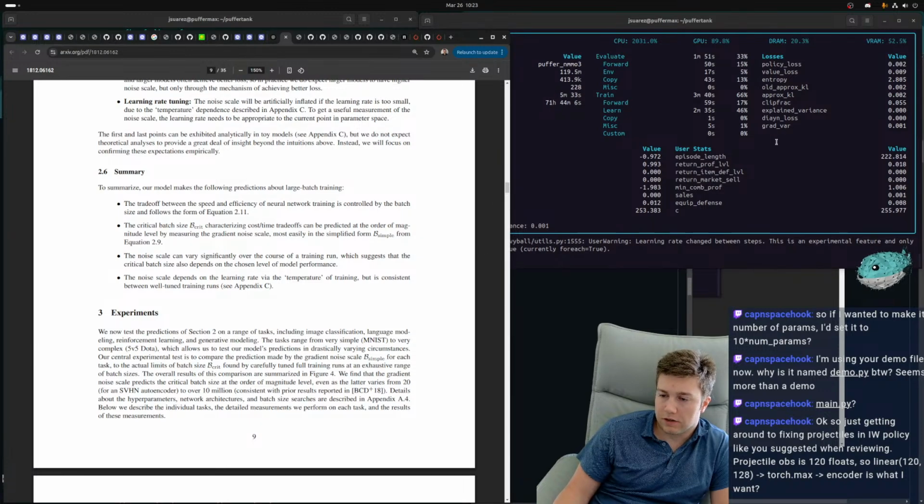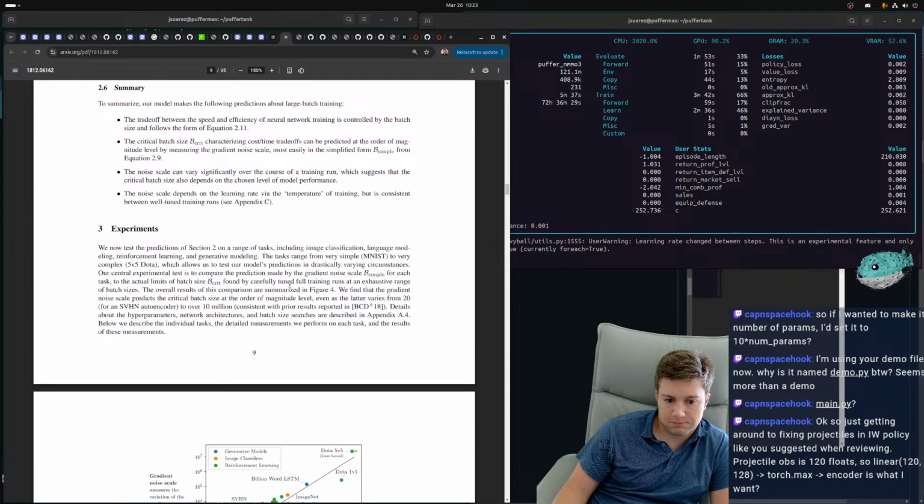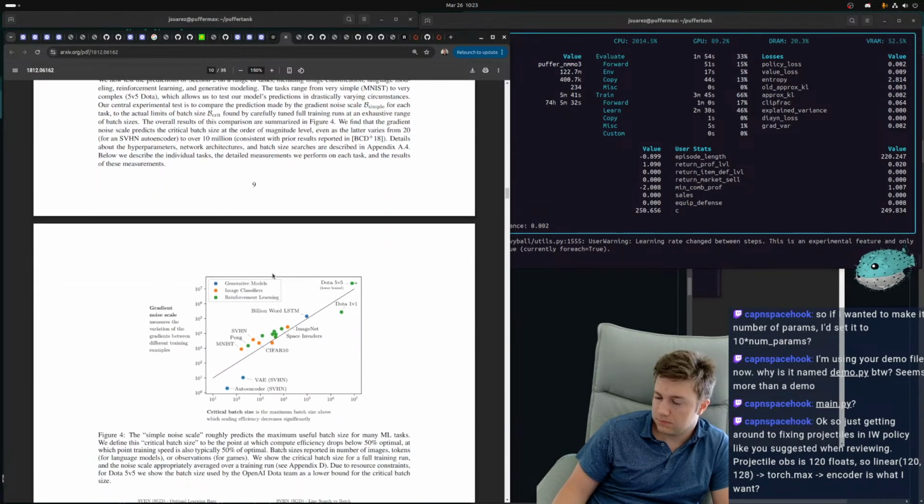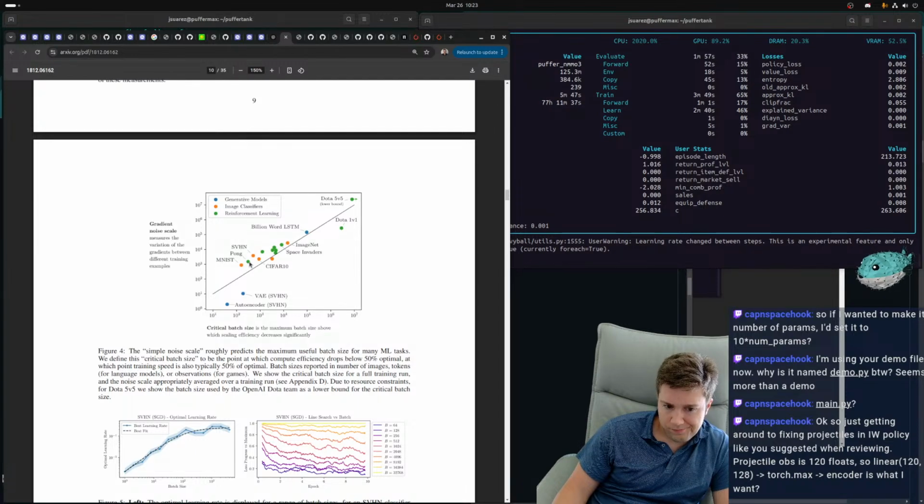This doesn't seem like a super clear metric to me, this gradient noise scale. I wonder if this is just a proxy for reward sparsity, honestly, or reward variance.